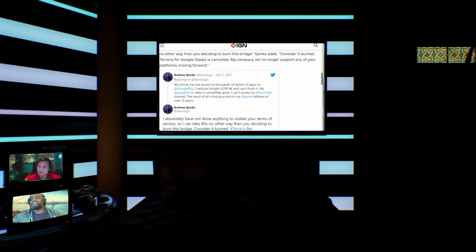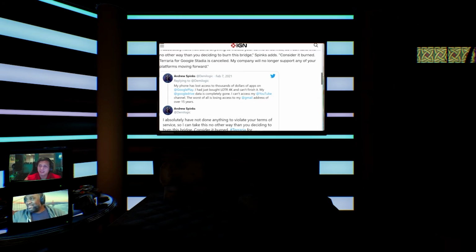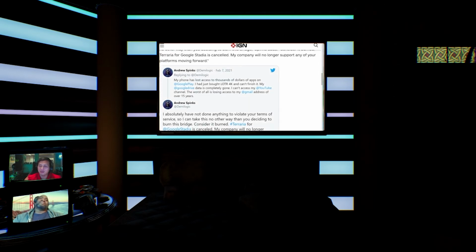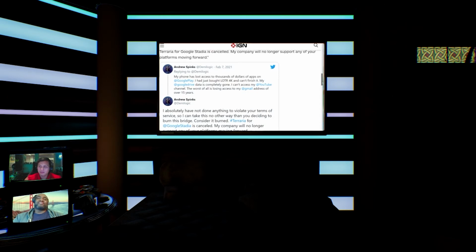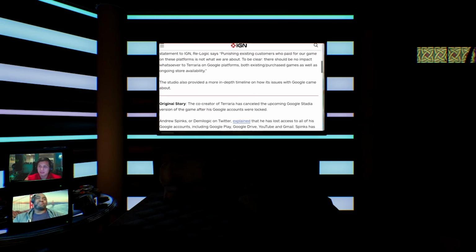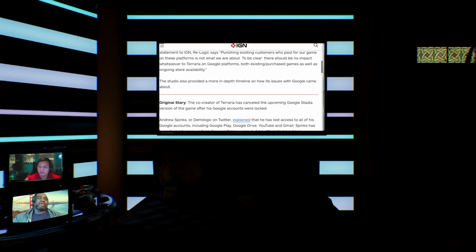What is this? I'm trying to read this. No one support platforms moving forward. Have not done anything to violate your terms of service. See, every time I see at Google Stadia, what is this about? Do you know some context to this? I have some context to that, but that's nothing really. The headlines were all trying to blow it up, but it's really just